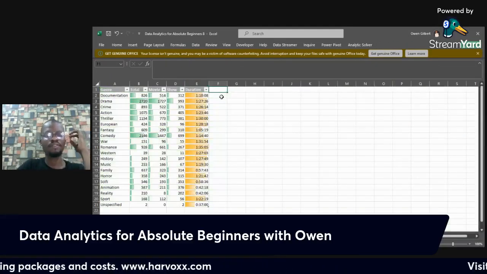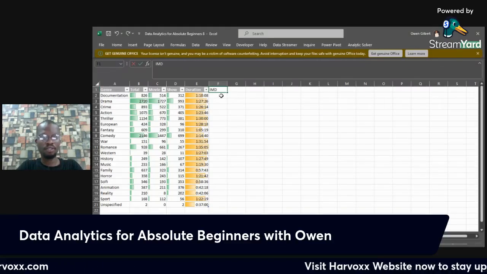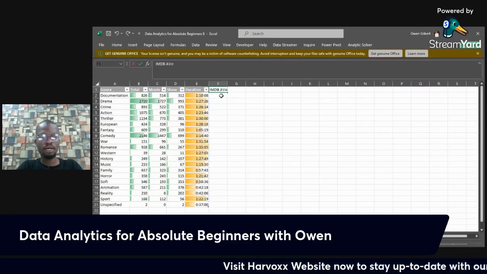Let's see the average IMDb score. So we want to see IMDb average.